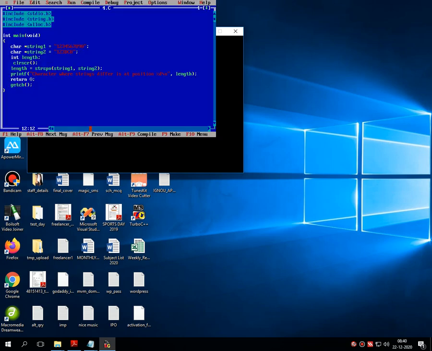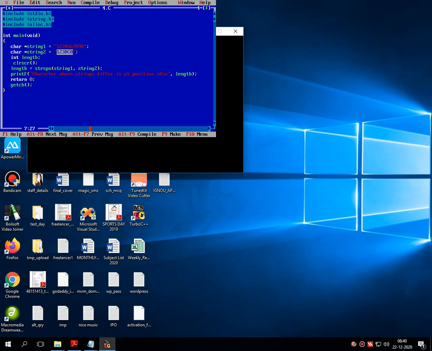Now what does strspn do? For that we need to look at string number 1 and string number 2. String number 1 is 1 2 3 4 5 6 7 8 9 0. Whenever any digits are written in between two double inverted commas, it is called a string, not a number. This is my string number 1. String number 2 is 1 2 3 D C 8, right?